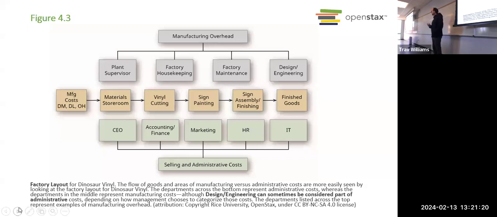Here we have a sign company, and if they're printing the sign on vinyl, that would be the first material they'd have to get out of the storeroom, some vinyl, and they could then paint onto the vinyl. That might be a separate department. And then another department maybe adds little grommets, which you use to hang the sign. That would be part of the finishing process. And then we've got a finished good, right? So again, three phases of inventory: materials, work in process, which would be all of these, and then finished goods.